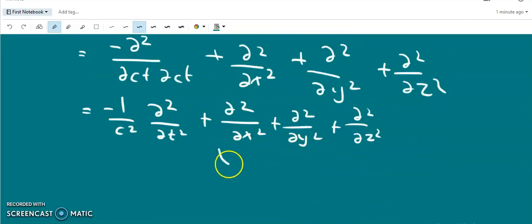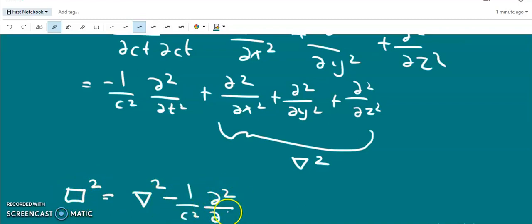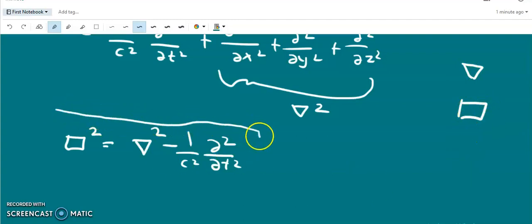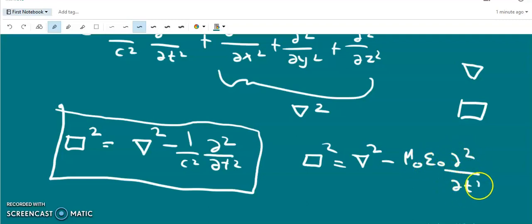So ഇത്രയും നമുക്കറിയാം Laplacian operator ആണ്, del square ആണ്. So the Alembertian operator is the Laplacian in 4 dimension. So the Alembertian is equal to del square minus 1 by c square ∂²/∂t². അപ്പോൾ Laplacian 3 dimensional ആയതുകൊണ്ടാണ് നമ്മൾ ഇങ്ങനെ യൂസ് ചെയ്യുന്നത്, 3 സൈഡ് ട്രയാങ്കിൾ. The Alembertian 4 dimensional, so we use a 4-sided one. So the Alembertian is equal to del square minus 1 by c square into ∂²/∂t². 1 by c square നമുക്ക് വേണമെങ്കിൽ μ0 ε0 എന്ന് എഴുതാം. So del square minus μ0 ε0 ∂²/∂t² is